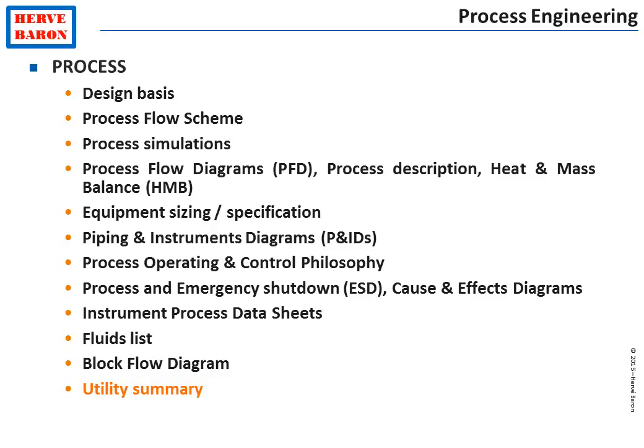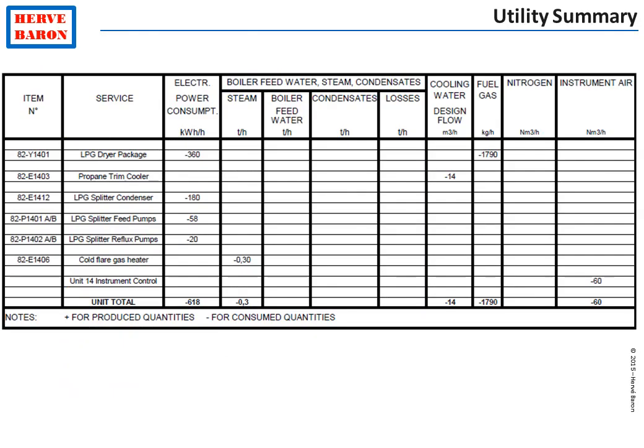Process consolidates the consumption of the various units in the different plant utilities in the utility summary. The utility summary shows the consumption of the various equipment in the different utilities, including cooling water, fuel gas, nitrogen,